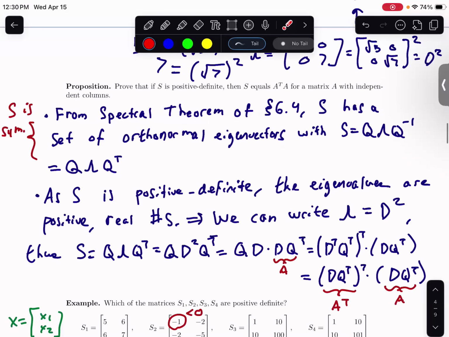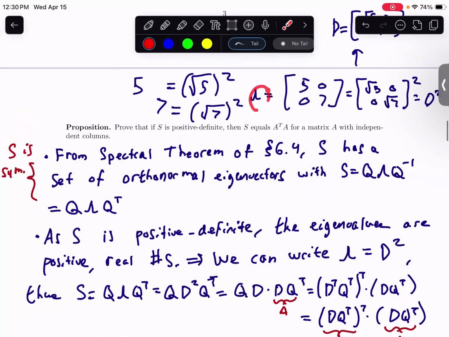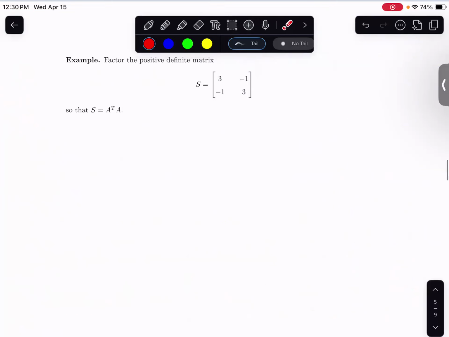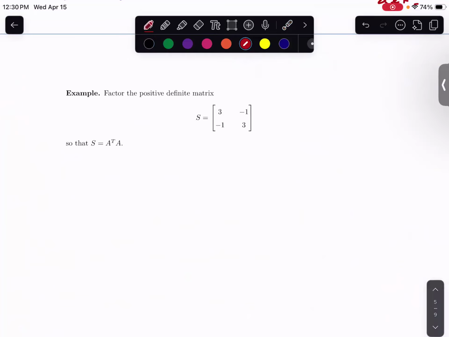From the proof we did earlier, when we can say S can be expressed as A transpose times A, we found that A ended up being equal to D times Q transposed, where Q was a matrix whose columns were given by the orthonormal eigenvectors. And D was the square root of sigma. That's the first thing I'll note here. So from the proof,